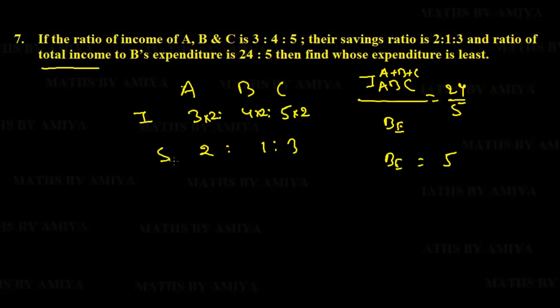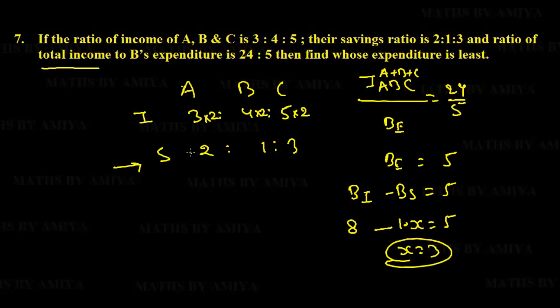We merge the income part. We have income and savings. So B income minus B savings should be 5. B income is already merged, it is 8. But savings is not merged, so we have to work on the savings with a multiplication factor. B saving is 1 into something that is 5, and this something is nothing but 3. So we have to multiply 3 in all the savings and we merge the ratio. If we have a relation, find the relation, get the multiplication factor, which is 2 this time, and again we